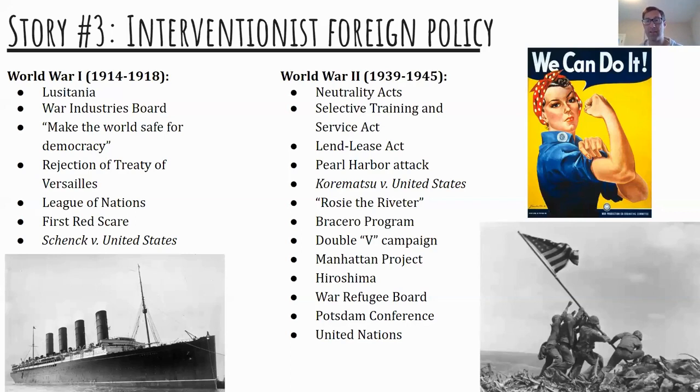And so in the aftermath of World War I, rather than accepting this role as an interventionist world power who was going to basically help police the world and protect people and democracy overseas, there's an immediate backlash to that, which happens in the form of isolationism. So immediately following World War I, America begins to isolate itself. We actually step back from world affairs. We reject the Treaty of Versailles. We don't join the League of Nations. We pass the Washington Naval Conference and a bunch of other things that are designed to allow us to promote peace, but also stay out of European affairs.